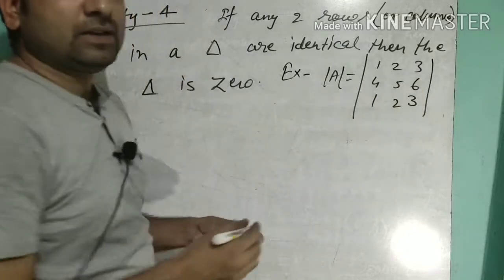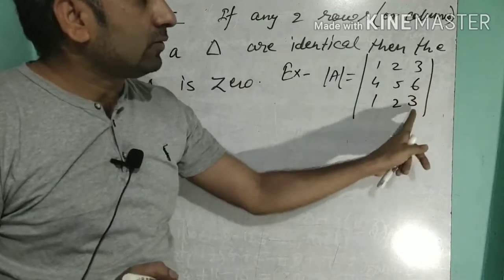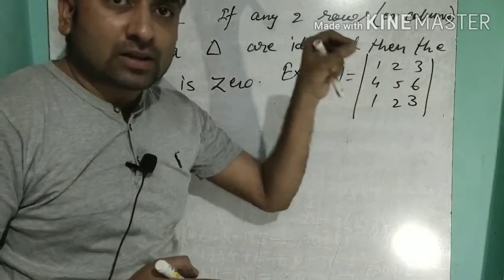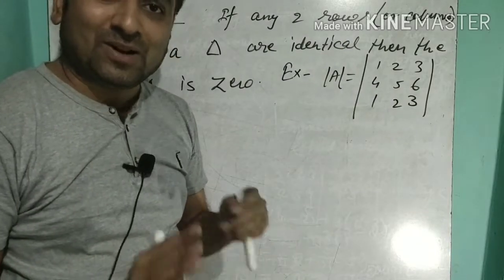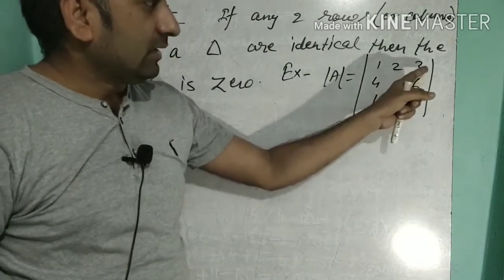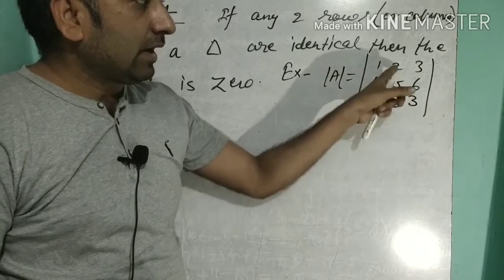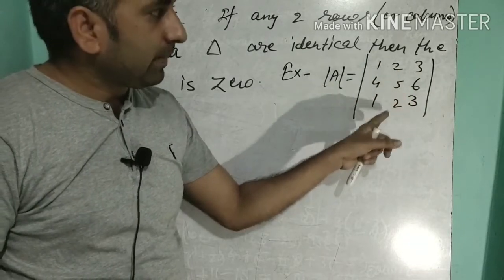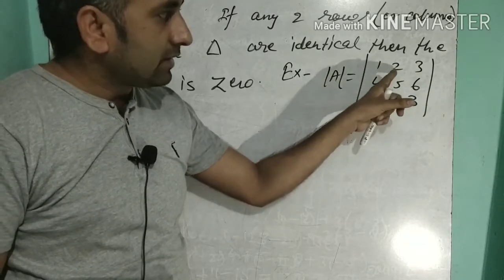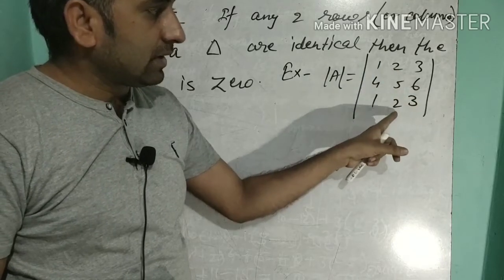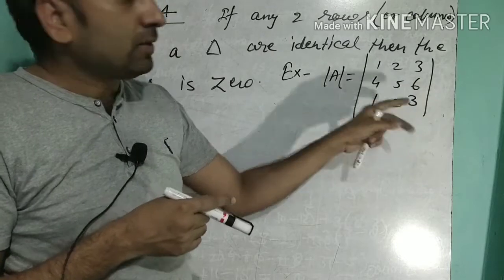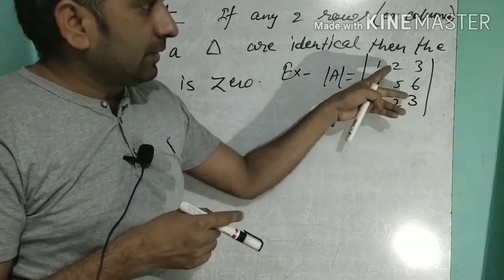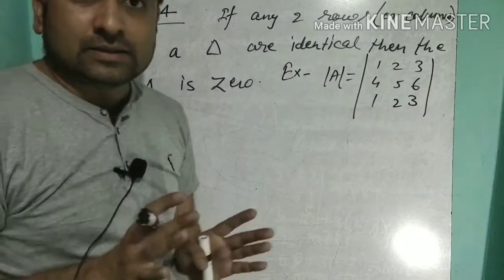Here you can see that in row 1 and row 3, all the elements, all the entries, are equal. Here it is 1, it is also 1; second it is 2, it is also 2 in the third row; and it is 3, it is also 3. So these are called identical elements. If in this way any two rows in a determinant are identical,